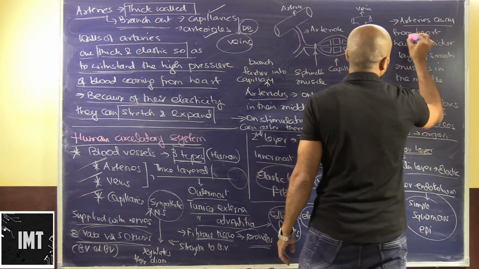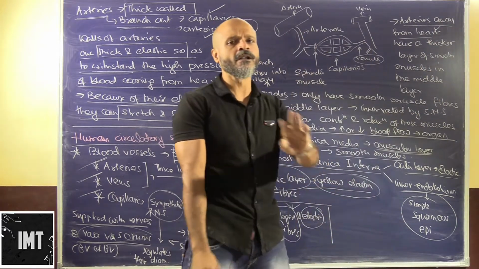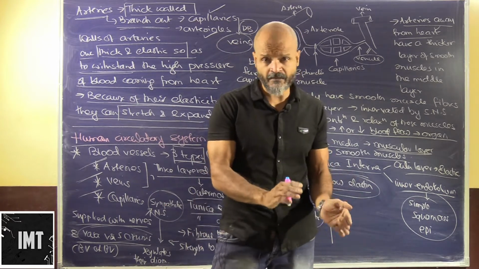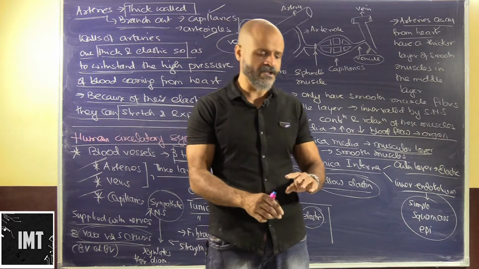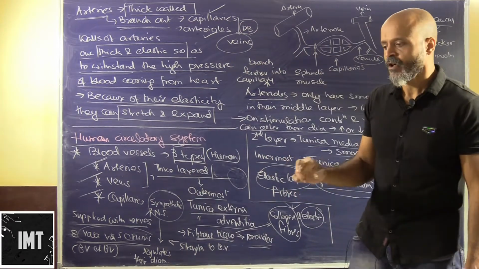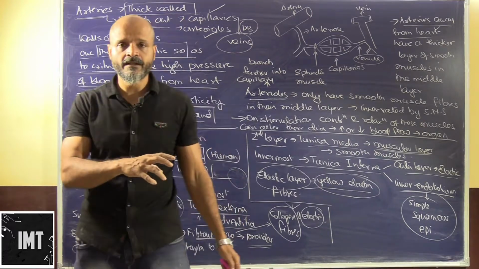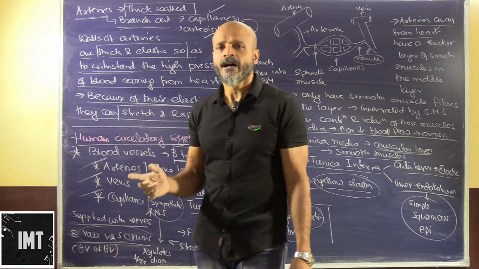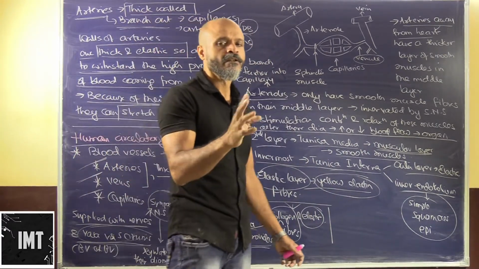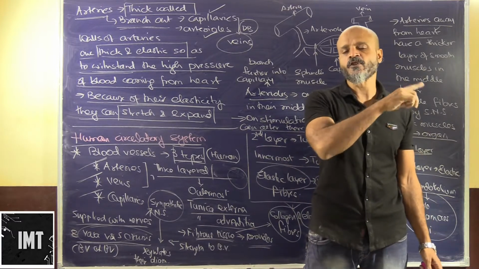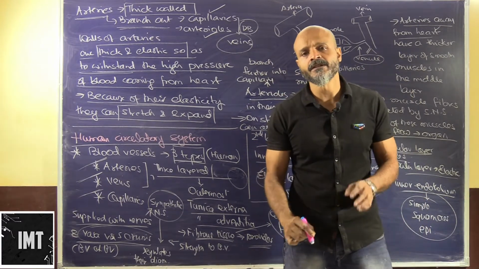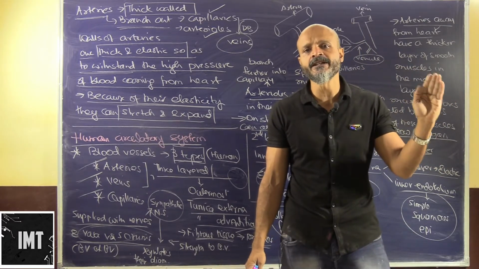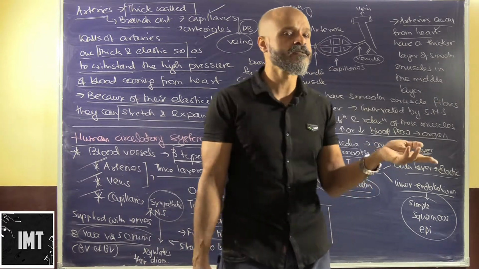So arteries carry blood away from the heart. In fact, all the blood vessels which carry blood away from the heart are known as arteries, irrespective of whether they are carrying oxygenated or deoxygenated blood. For example, the artery which carries deoxygenated blood from the heart to the lungs is known as the pulmonary artery, whereas arteries generally carry oxygenated blood. The confusion with students is whether it is oxygenated or deoxygenated. The simple way to name a blood vessel as artery or vein is whether it is carrying blood away from the heart or to the heart.